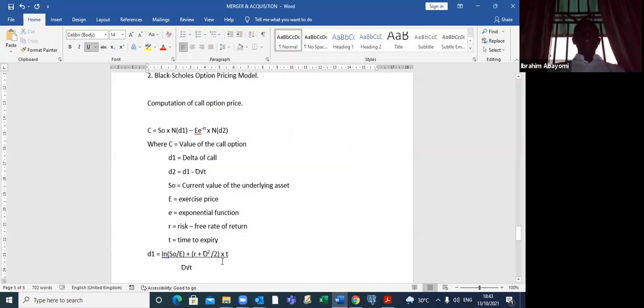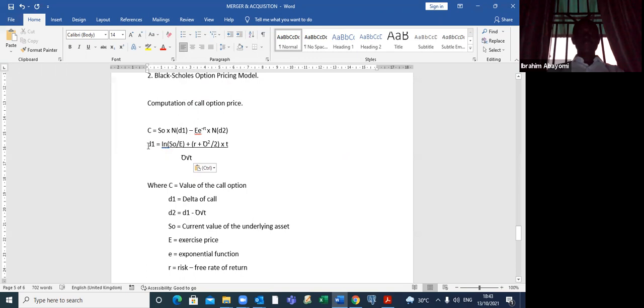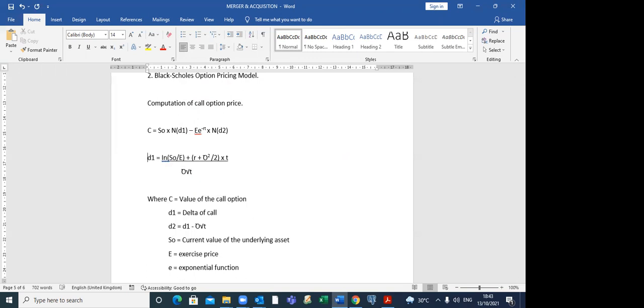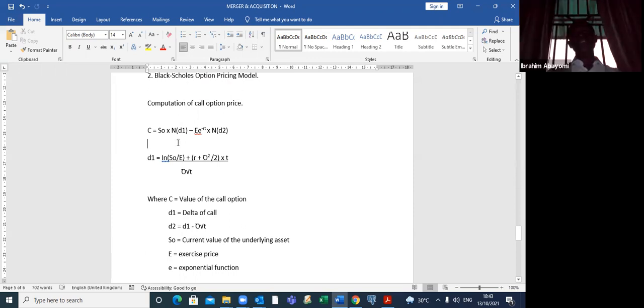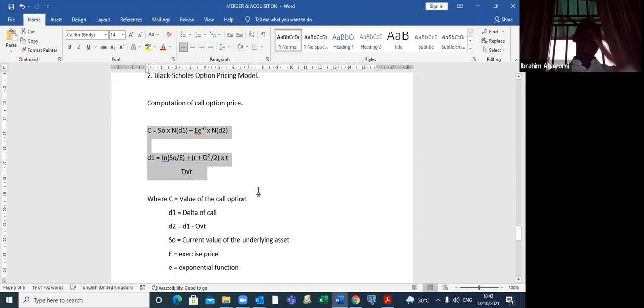So this is the formula for you to get your D1. Let this formula even come first before all this. Sir, will this formula be given to us in our question sheet? It will not be given to you. Go and learn it. You don't want to learn formula. I'm seeing it at the back of one of the questions. Anyway, it will be given. It is part of the formula sheet.